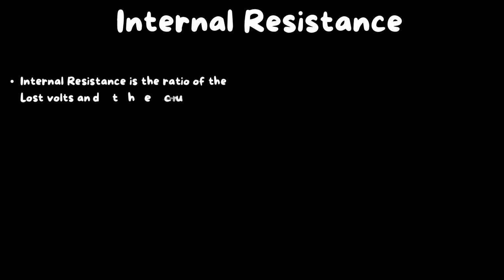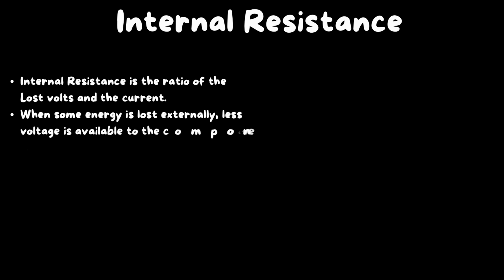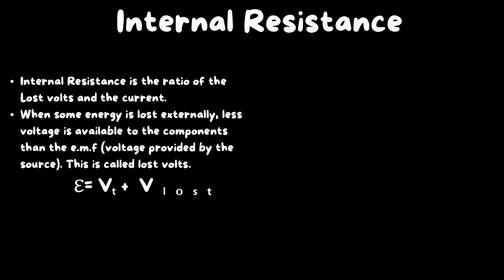When a source has some resistance of its own, some voltage is lost through it, and we can define internal resistance as a ratio of the lost volts divided by the current. When some energy is lost internally, less voltage is available to the components than the EMF, which is provided by the source, and this is called lost volts. So EMF is essentially equal to Vt plus V lost, where Vt stands for the terminal voltage, and V lost is the potential difference lost due to the internal resistance. So we can say that EMF is equal to IR plus I times r, where the lowercase r stands for